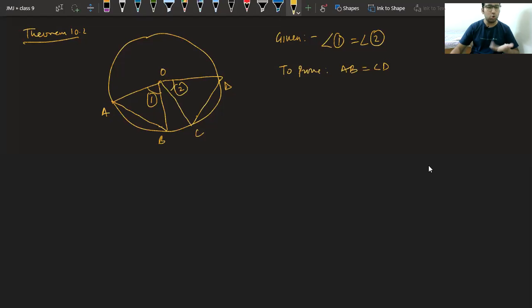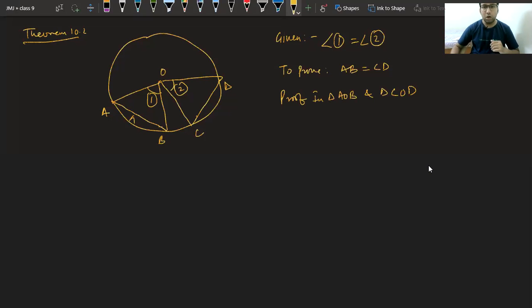The question comes, how to do that? We have always learned that whatever we want to prove, if it is coming in different triangles, we can go for congruency. And in congruency, simply take triangle AOB. So, proof: in triangle AOB and triangle COD. That is why I was saying in the starting also that these chapters are all interconnected. We are just learning the same thing again and again. This congruency that we learned in the chapters of 7th and 8th will be helping us here also.